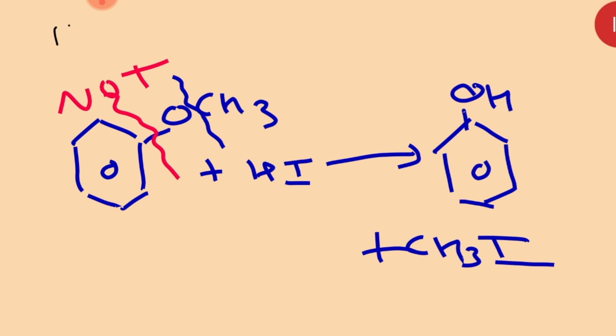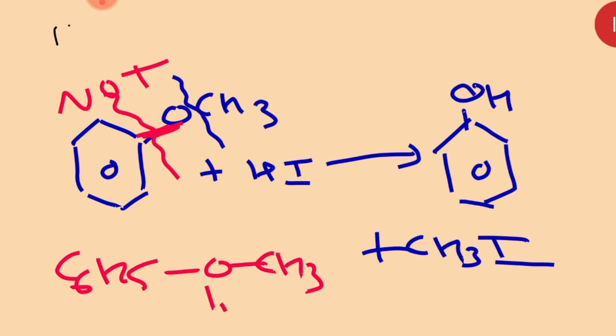The actual thing is, if you are going to cleave the bond from this side, what is going to happen there, beta? Then it will form C6H5OCH3 with an H and a positive charge. This one has been formed, and the bond between O and CH3 is a weaker bond.